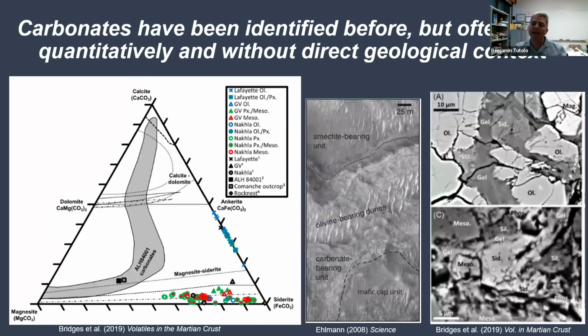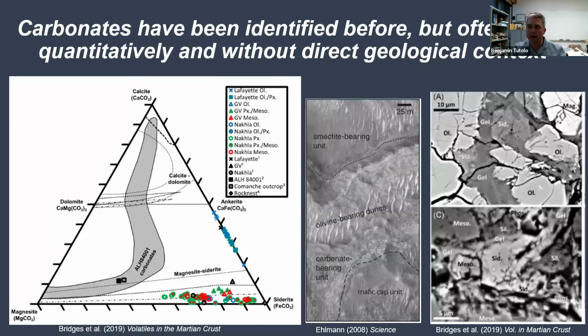Okay, and importantly, our study isn't the first study to identify carbonates on Mars. So carbonates have been identified before, but often only semi-quantitatively. What I mean by that is that they don't typically have the capabilities of an X-ray diffraction instrument like we do on the Curiosity rover in order to identify the abundance of the carbonates. So, for example, this paper from Bethany Edelman was able to estimate, at least using spectroscopic data, how much carbonate is there, but it's not necessarily quantitative.